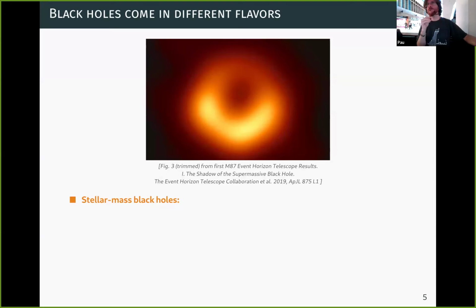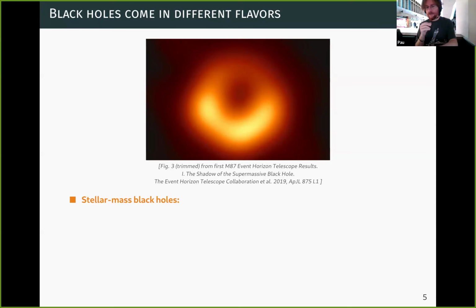You can completely describe a black hole with 2 numbers, actually 3, which are the spin, so how much it rotates, its mass, and if you want, charge. But probably astrophysical black holes do not have charge. So we're talking about completely describing these very interesting objects with 2 numbers. Imagine trying to describe one human hair with 2 numbers. You cannot do that. You need millions of numbers. So black holes are actually very simple, but we don't know much about them.